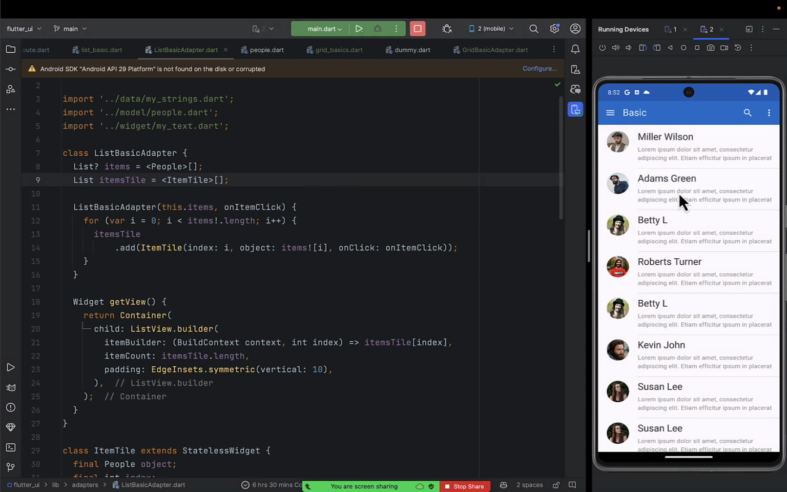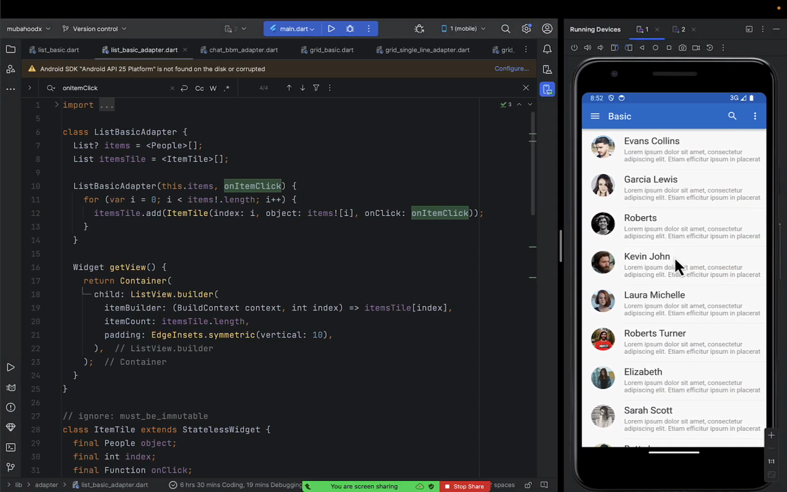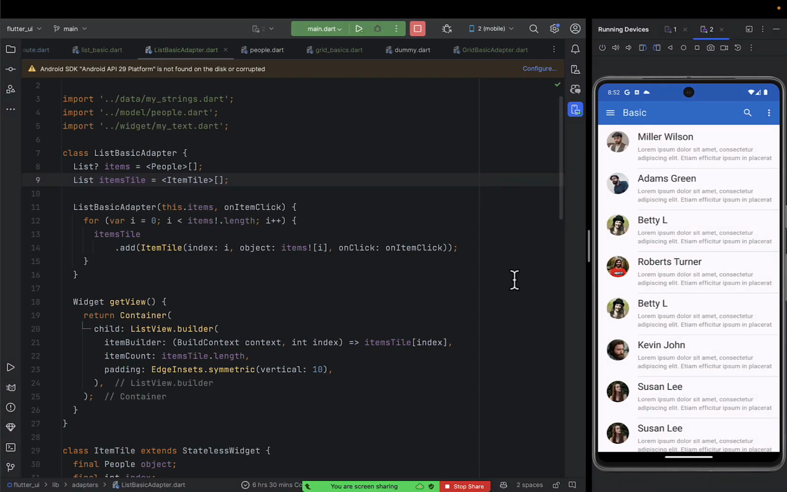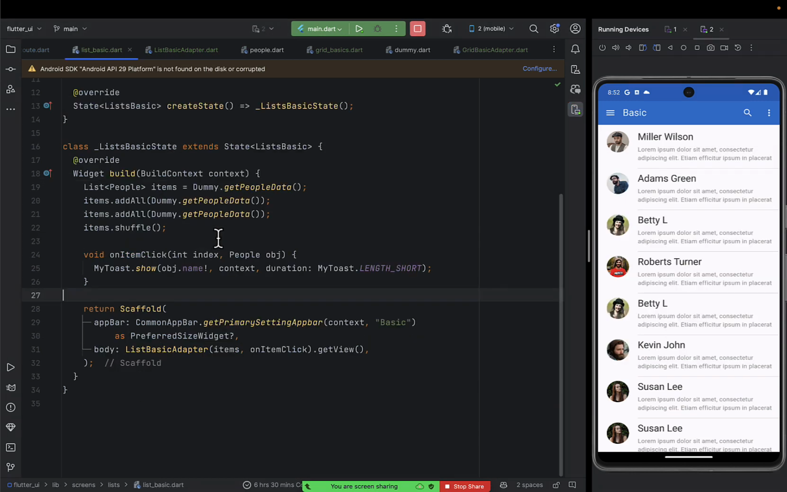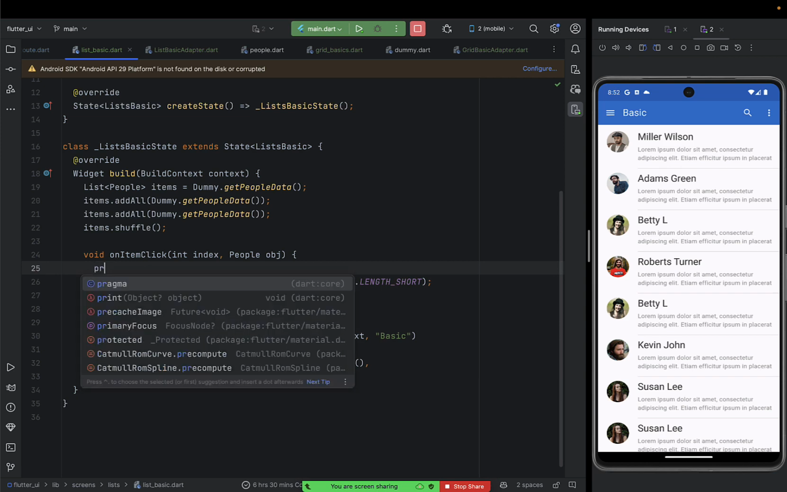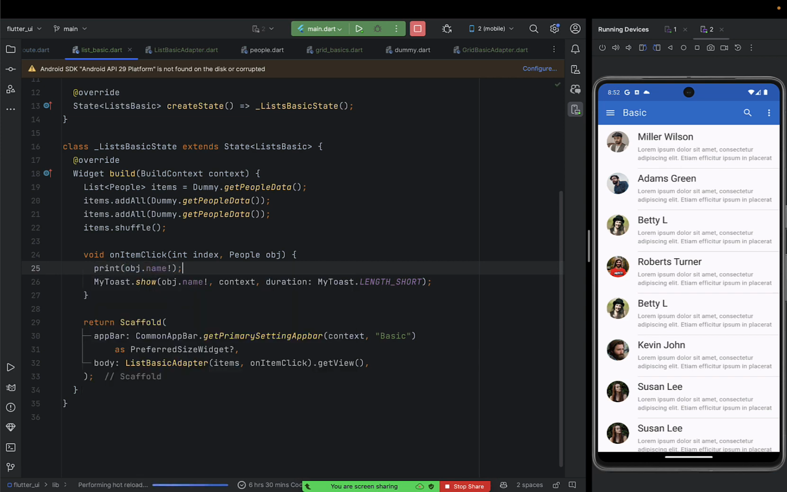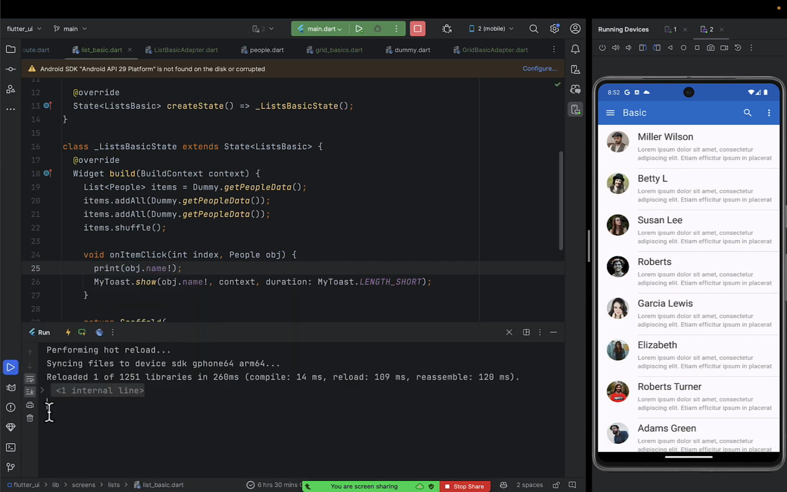So when I click on an item, I'll be able to do what? To toast, but this emulator does not toast it. But you can put something in the console. You'll be able to see that you have clicked on a certain item. Okay, so that is how let me put here on click. Let me just put this item in the console. So I just simply say print, and then I put the name. So if I come to the console and I click,